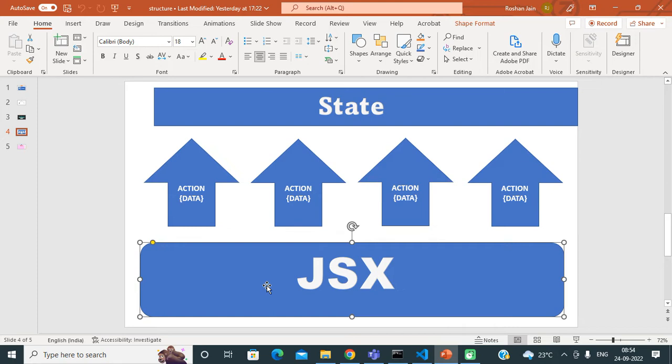Now what is an action? An action can be any specific operation that the user wants to perform with that state. So let's say, friends, we have a normal count of 0. Count is equal to 0 as a normal initial state in our component. We can render that count 0 value on our component.